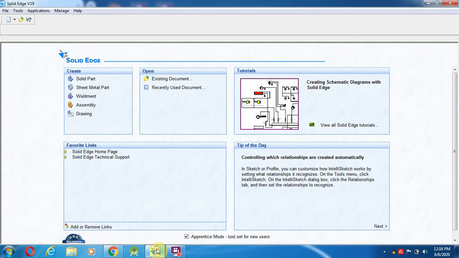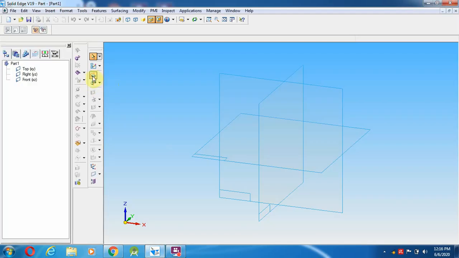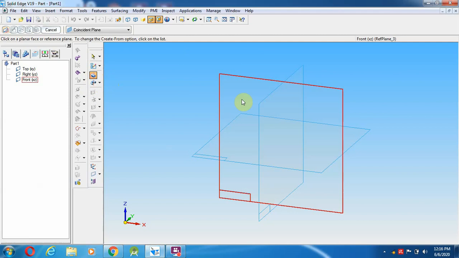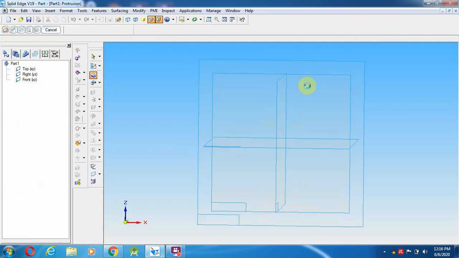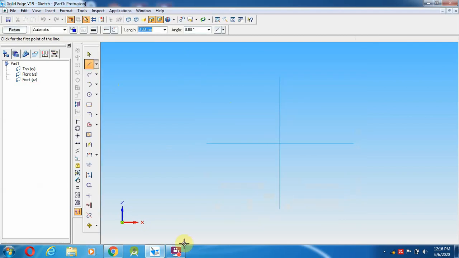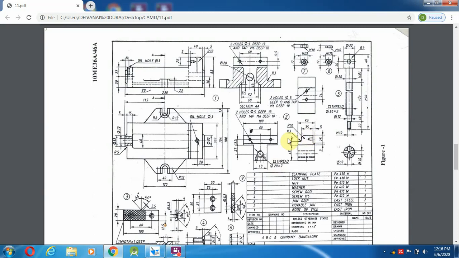Then coming to here, select a solid part, and select a protrusion first. Going to select the front view. I'm going to make this particular portion over here. So this is the portion. One thing you can remember over here: from here to this, what is the length? 50 mm.